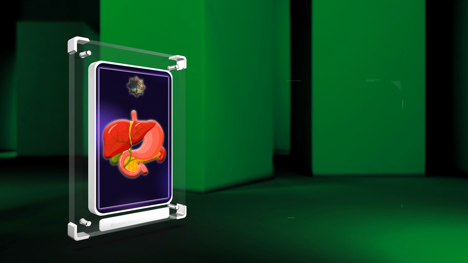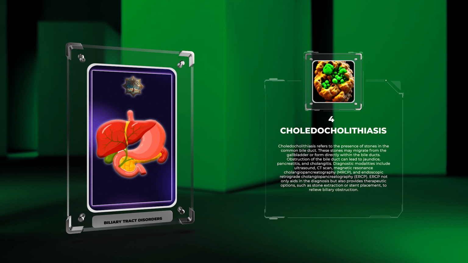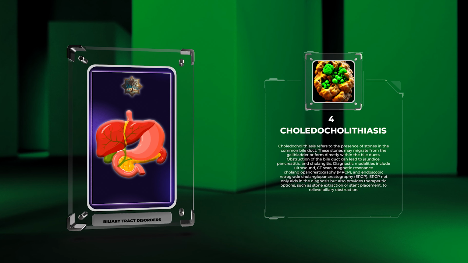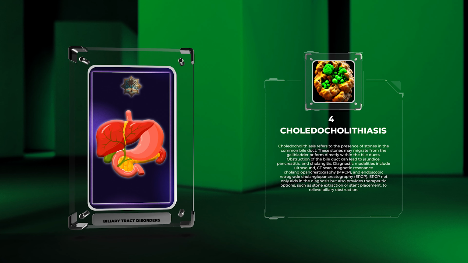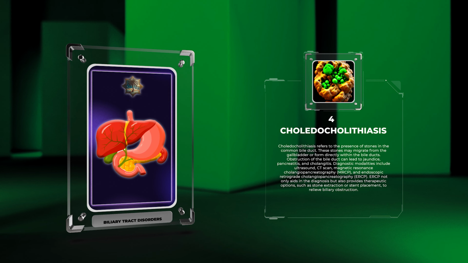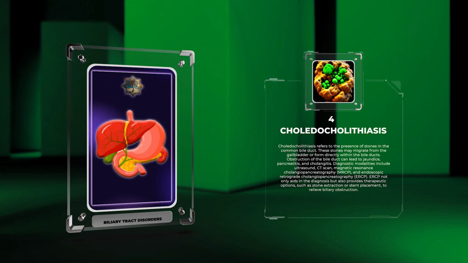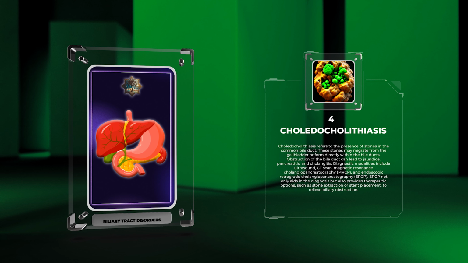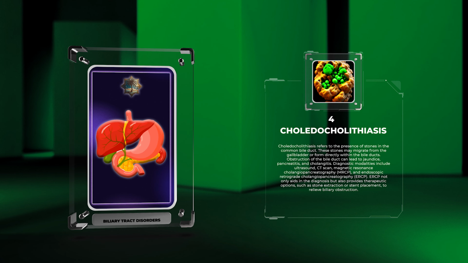Choledocholithiasis refers to the presence of stones in the common bile duct. These stones may migrate from the gallbladder or form directly within the bile ducts. Obstruction of the bile duct can lead to jaundice, pancreatitis, and cholangitis. Diagnostic modalities include ultrasound, CT scan, magnetic resonance cholangiopancreatography, MRCP, and endoscopic retrograde cholangiopancreatography, ERCP. ERCP not only aids in the diagnosis but also provides therapeutic options, such as stone extraction or stent placement, to